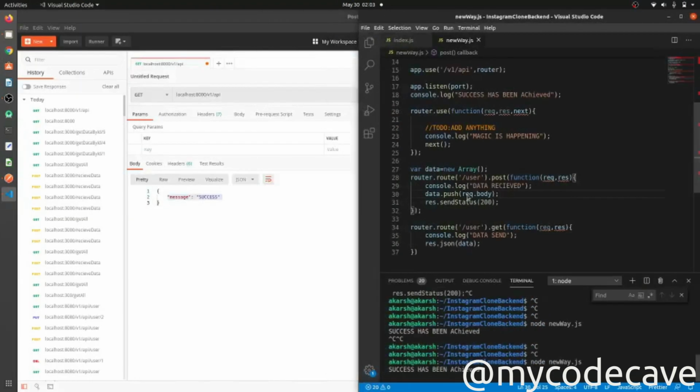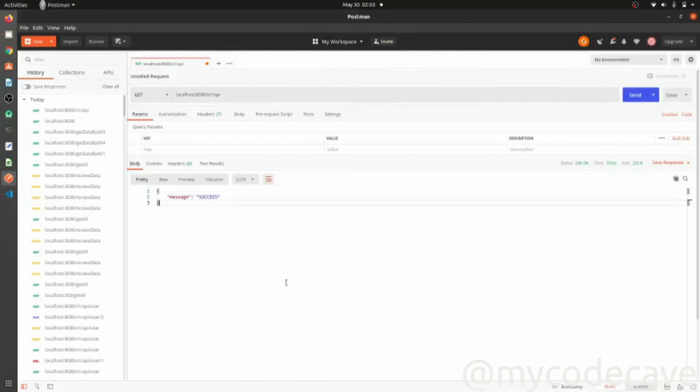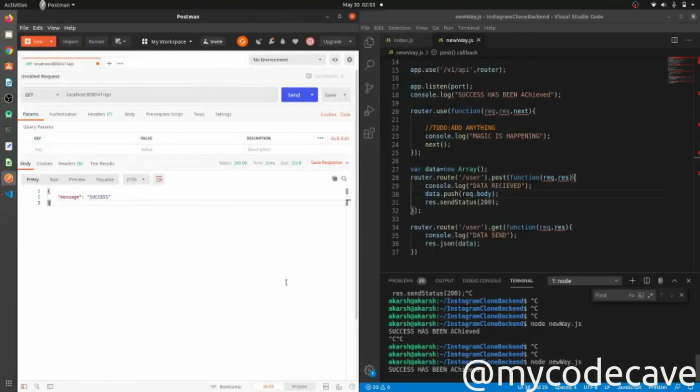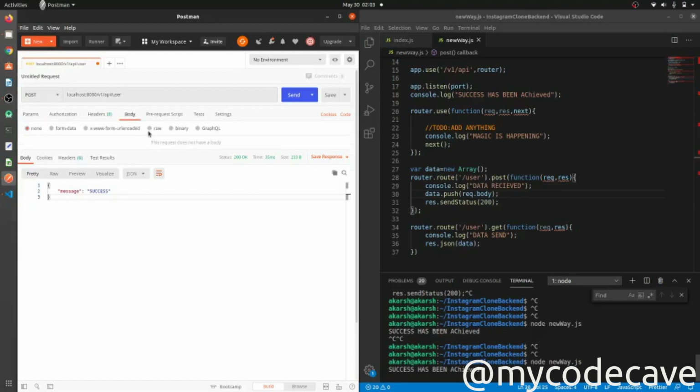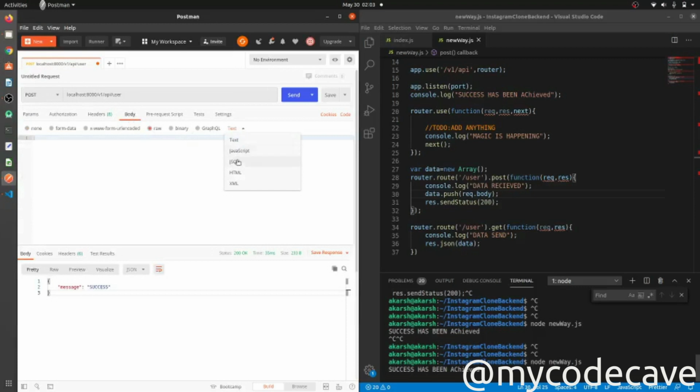Let me just set everything right. Let's see this console part and here also. So what we have to do is add our user, API dot user, changing this part to post, and in the body part I will send some of the data that I have sent earlier,